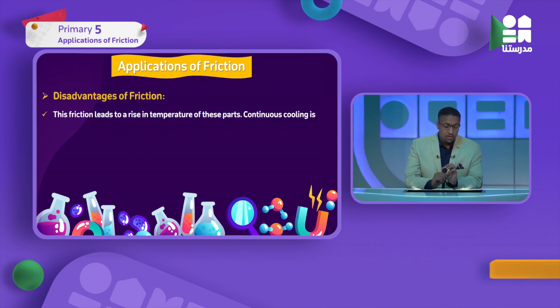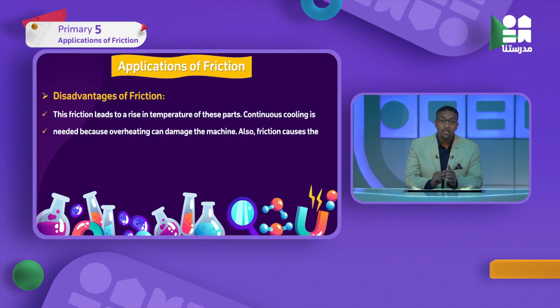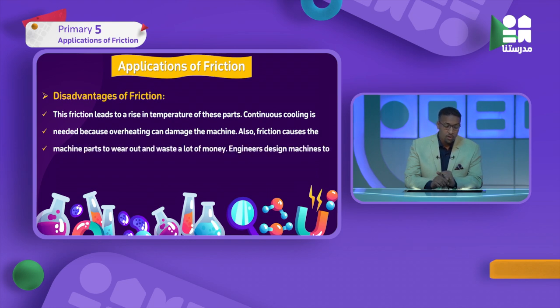So friction leads to rising the temperature of this part. Continuous cooling is needed. We need to cool this part, and because overheating can damage machine. Also, friction causes the machine parts to wear out and waste a lot of money. ده بيخسرنا فلوس كتيرة. علشان كده engineer